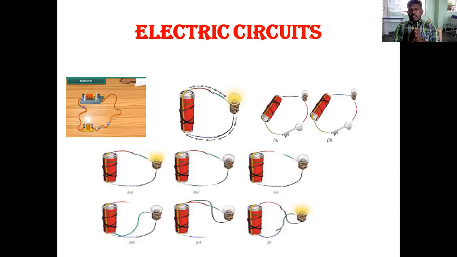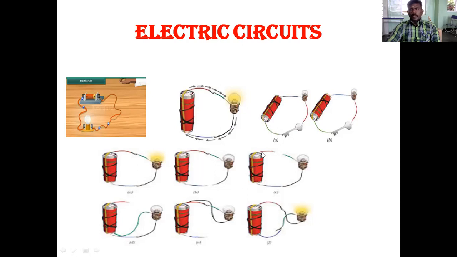See, the P and C and D, E, all these connections are wrong. Somewhere the connection is missing, some gap is there, so it's not a closed circuit. And in some circuits, we have connected two terminals of the bulb to a single side of the battery. See this one, with two cells, the negative terminal of the cell is connected with the two terminals of the bulb. And in the next diagram, the positive terminal of the cell is connected with the two terminals of the bulb. So that time also the bulb cannot glow.